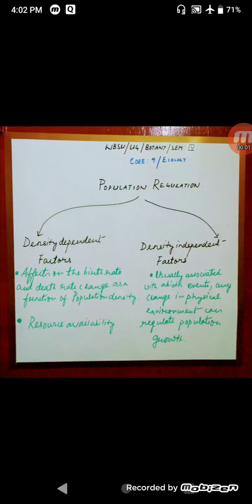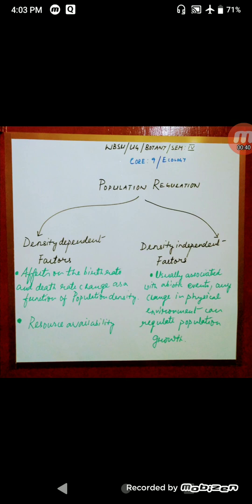Today we will discuss some basic facets on how a population can be regulated. Usually, they can be regulated in two ways. One is known as density-dependent factors, and the second one as density-independent factors. Now, consider the situation where all these factors are very much density-dependent. I mean to say,